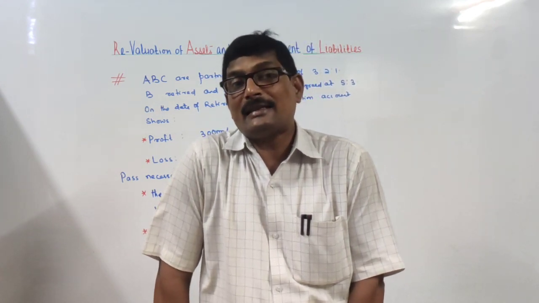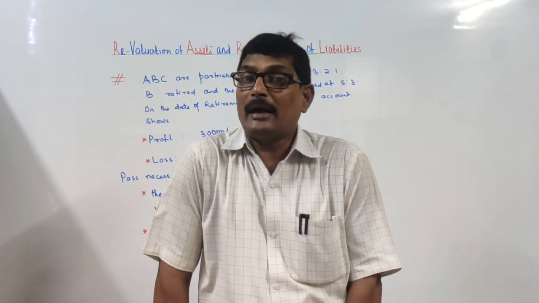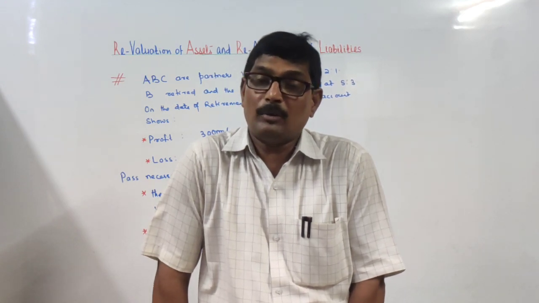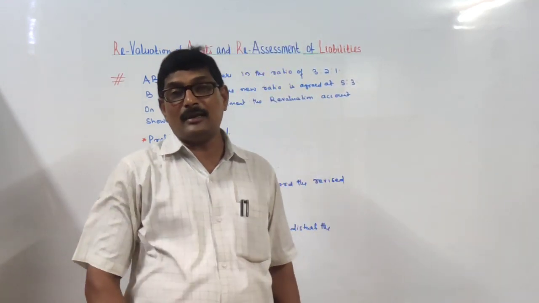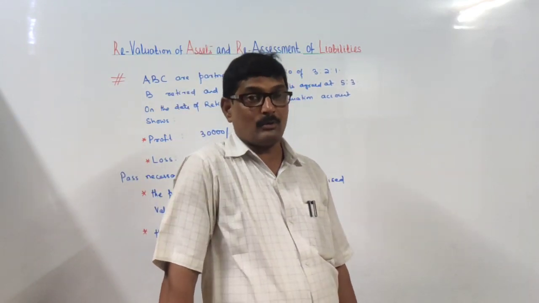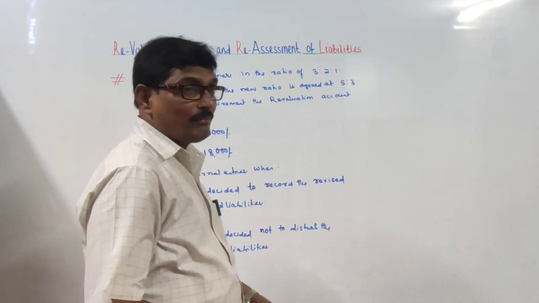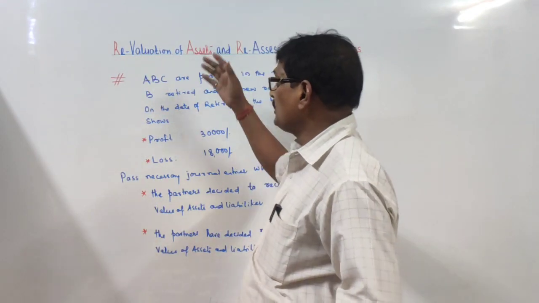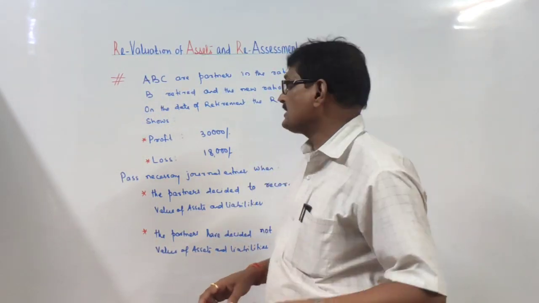That is, increase in assets is to be debited, so the entry will be assets account debited to revaluation account, and increase in liabilities, it will be credited, entry will be revaluation account debited to liabilities account. Right? Now, what we have done here, instead of giving the full question, because the entire method is same,